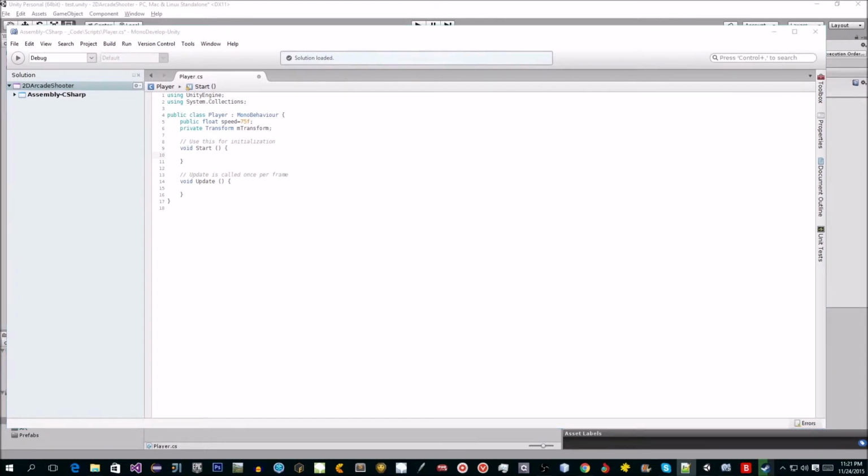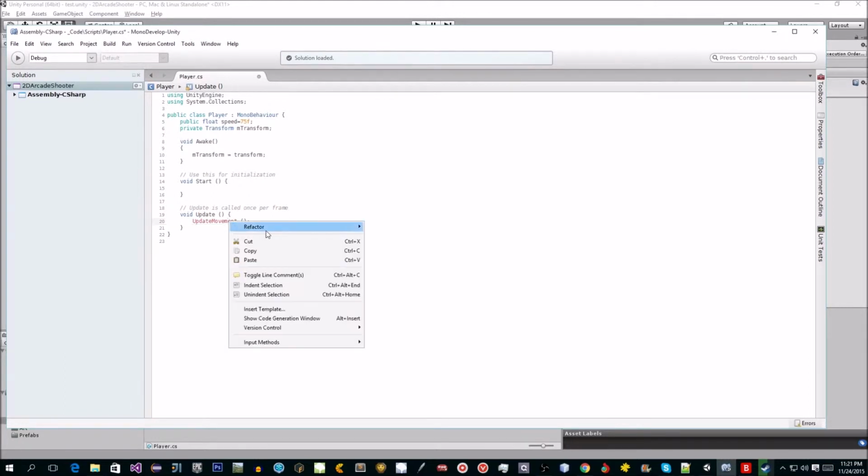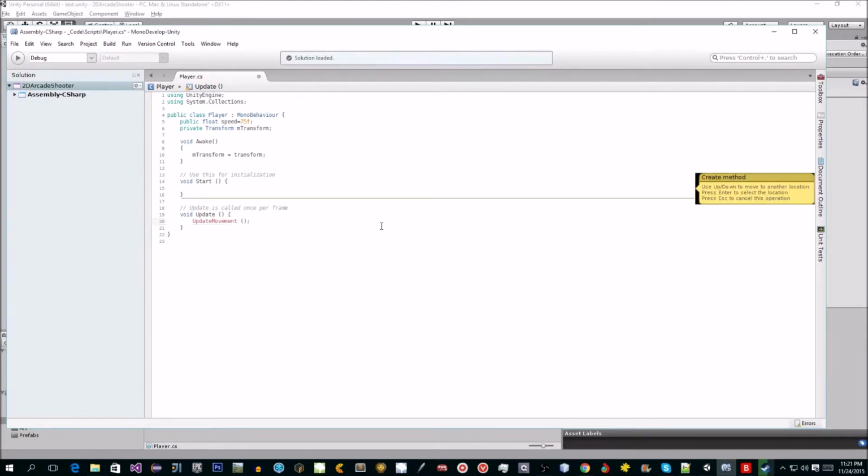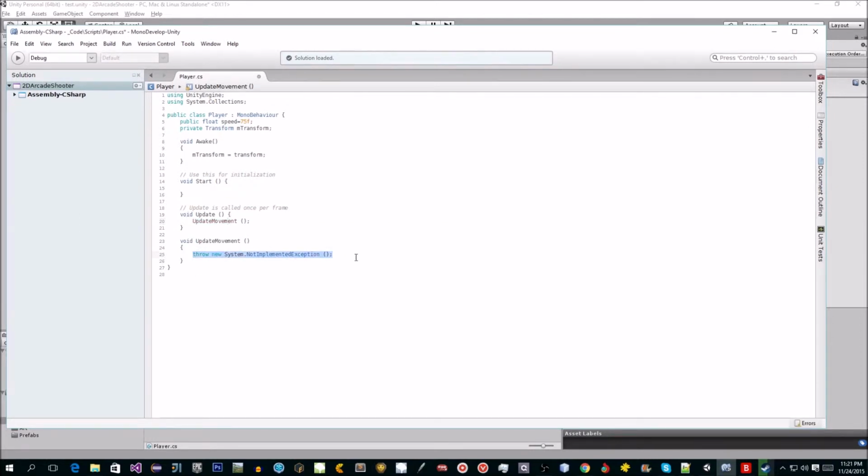Next thing, we want to add Awake. In Awake we just want to set transform to the mTransform variable, and then in the Update method we want to call our method UpdateMovement, which we don't have yet, and we want to make that method down there. And in that method